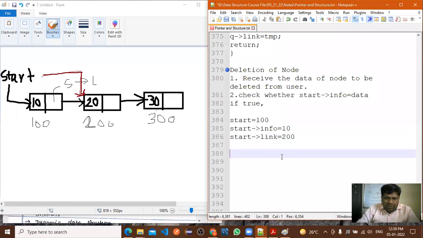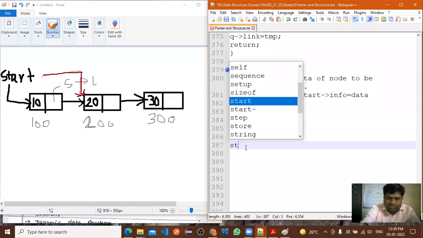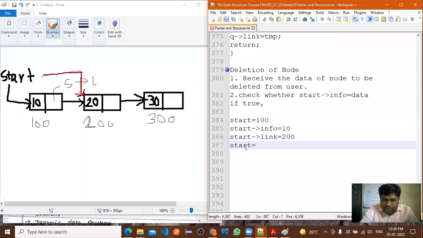So what do you need to do? You need to change these values. Start of 100 is equal to, start is equal to what you require here. If you want to connect the start pointer to this one, what do you need to do here? Start equal to 200. Start is equal to 200, but how to assign the value of 200?